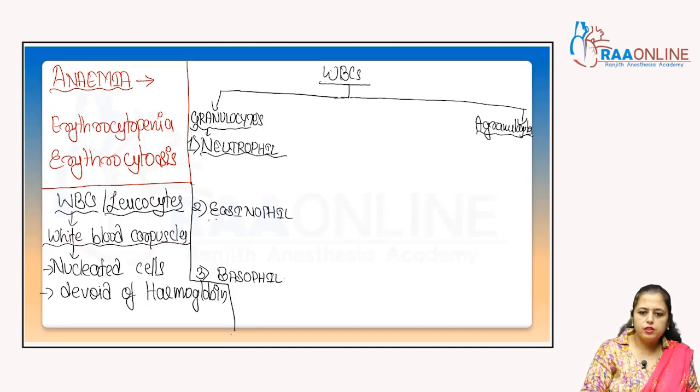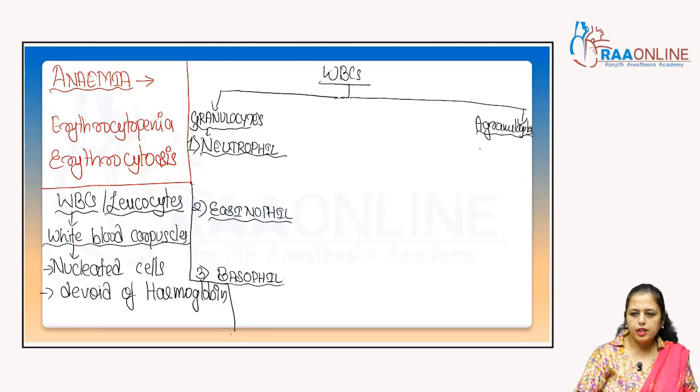First is neutrophil, second is eosinophil, third one is the basophil. And in agranulocytes, monocytes and